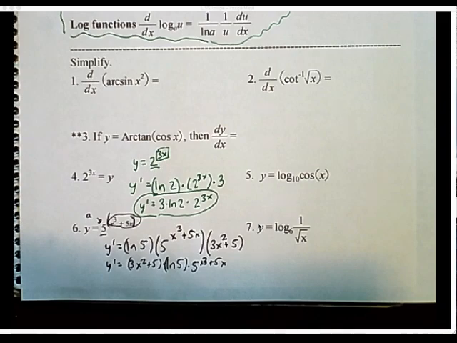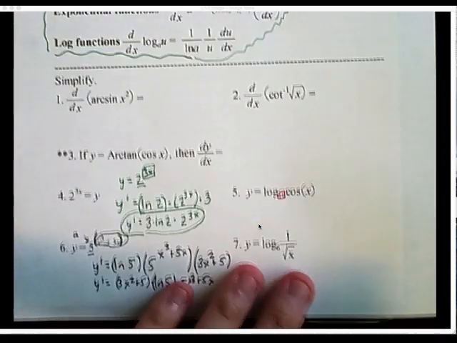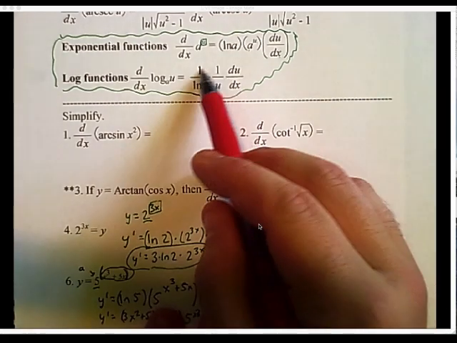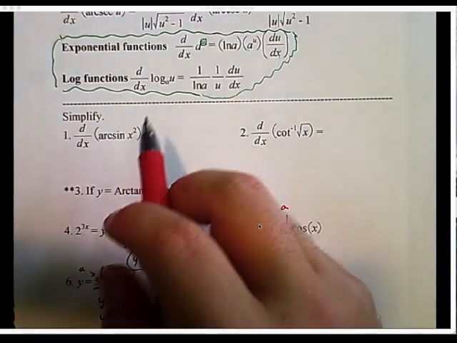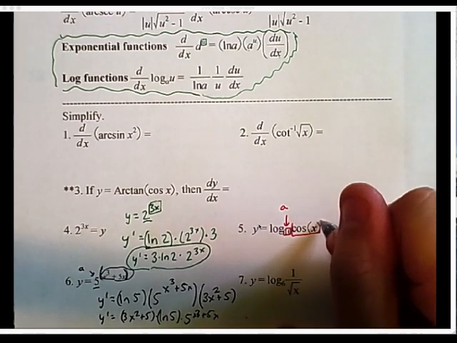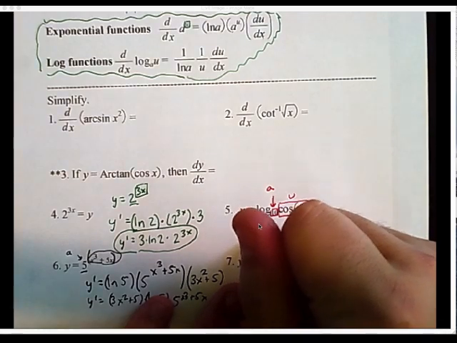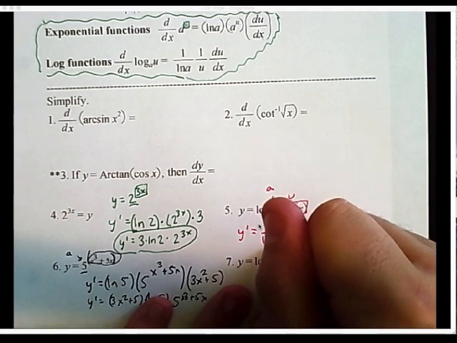Now let's think about the next two over here, 5 and 7. Now with log problems, you have one of two choices. You can either memorize the formula or you can rewrite this as an exponential function. I think it's easier just to use this. So here, the 10 is the base, which they're calling a there, and this whole thing is the u. So if I wanted to find the derivative here, y prime, it says 1 over ln of a, so 1 over the natural log of 10,